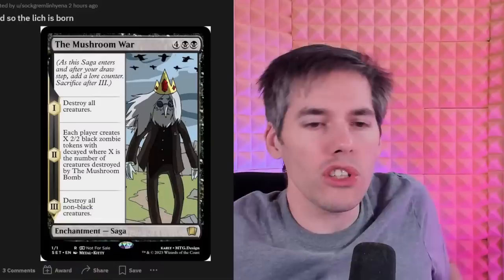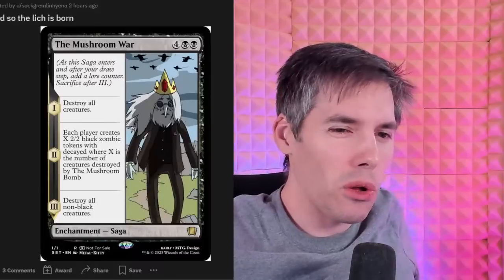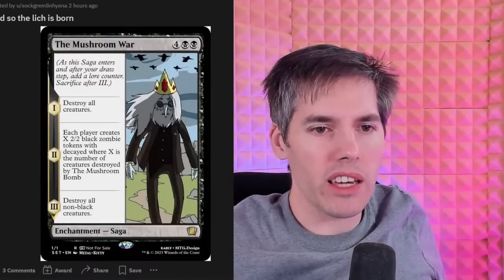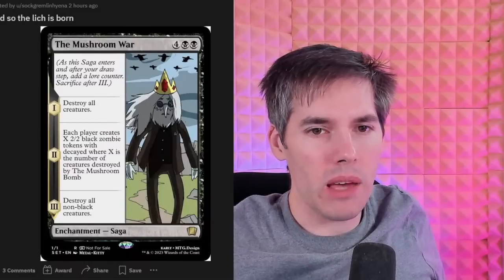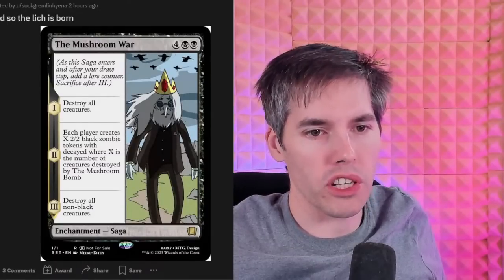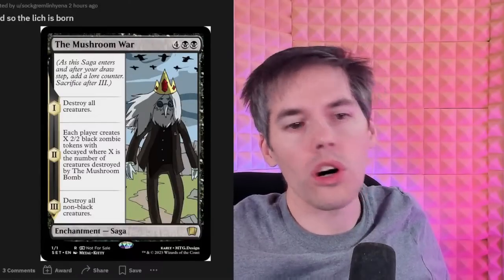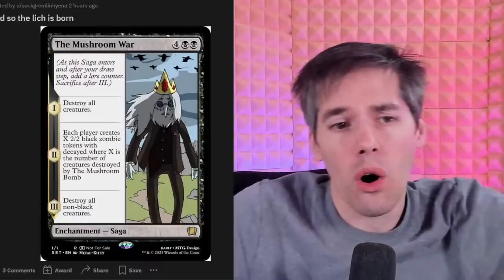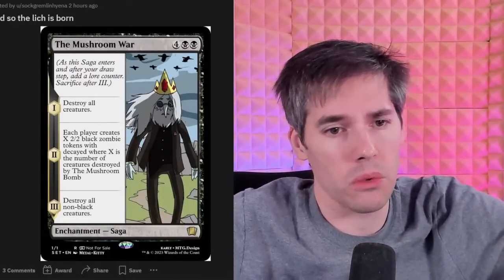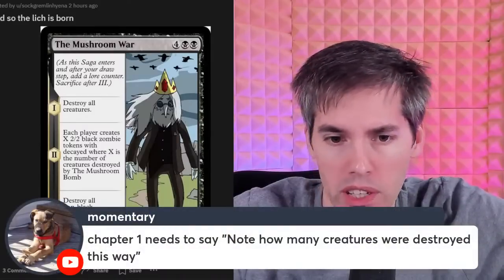I guess you know what you could do actually for this card. I guess you could exile all the creatures. No, that doesn't work either. It should just be like Chapter 1, maybe do nothing. Chapter 2, destroy all creatures, and for each creature destroyed this way. Or, you know what's actually a clean way? All creatures in graveyards get exiled and make a 2/2 black Zombie token with Decayed. And I think that would be fine. That would work. Chapter 1 needs to note how many...